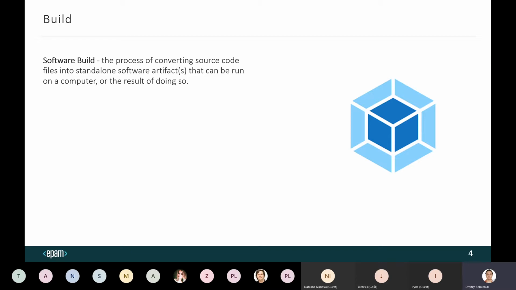Basically, build is something that JavaScript essentially lacks, because when we are working in the browser, writing our application in HTML, CSS, and JavaScript files, it sort of works, and it's not really a big deal,